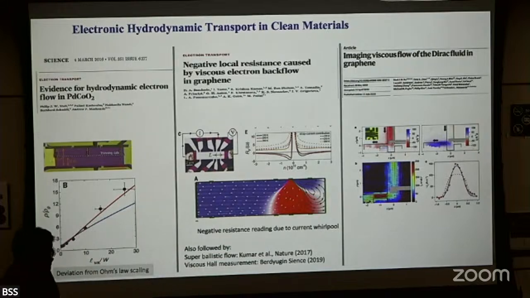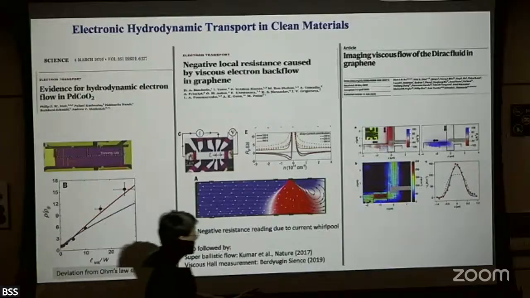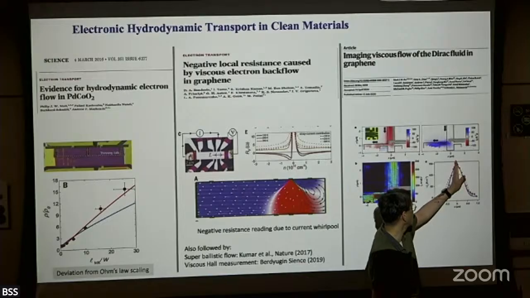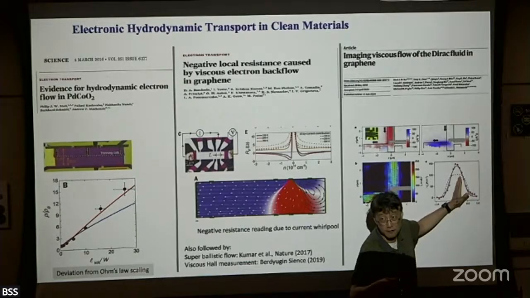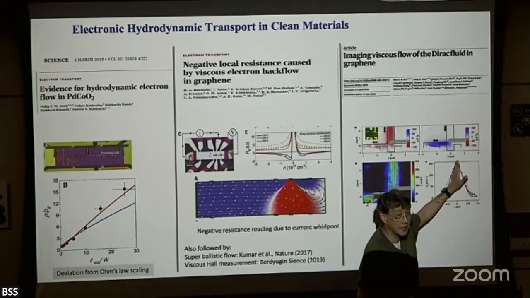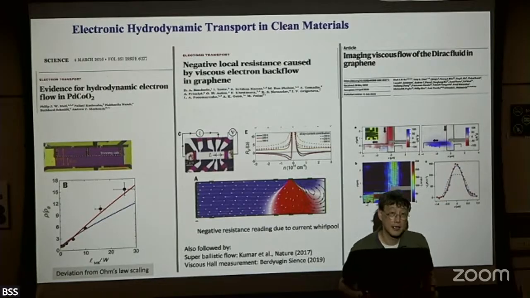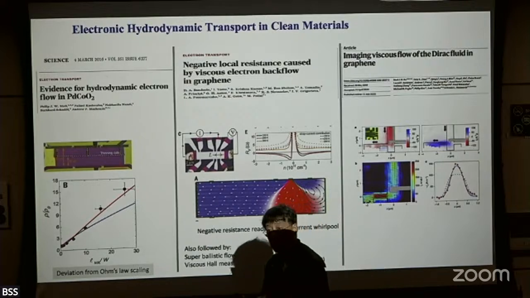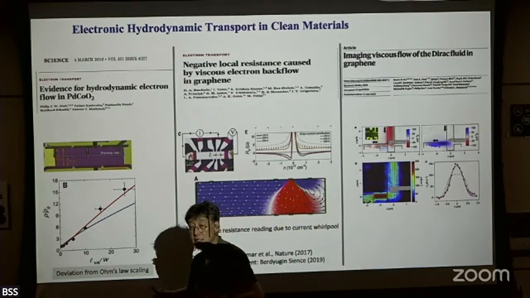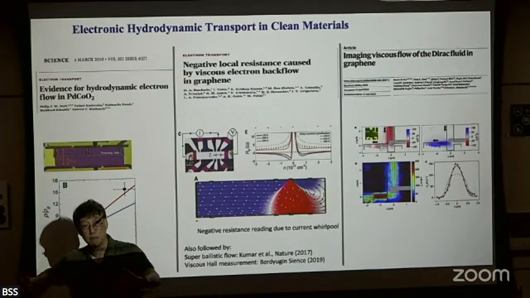In the end, what has been seen is indeed the current profile across the channel length scale. Basically, the current is flowing more through the center, and a smaller amount of current is flowing at the edges. In other words, if I convert that in terms of the velocity of the electron flow, there's a higher velocity in the center and a lower velocity elsewhere. So the electron current flowing there shows a nice velocity profile.